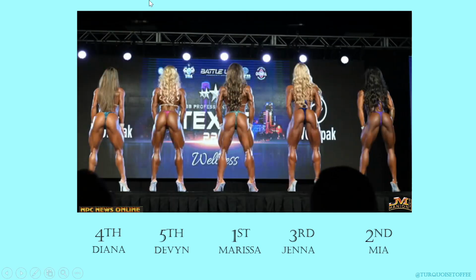And from behind, my gosh, her quad sweep is crazy good. Amazing definition in the glute ham tie-ins. Devin, you're really noticing the hamstrings. Diana, she's got great fullness, especially on the top of her glute, but I think her tie-ins could have been a little bit sharper. Jenna, I think, could have a bit more size in the roundness on the sides of her glutes. Maya, beautiful, great tie-ins, nice fullness and roundness here, but I'm noticing the delts a lot on Marissa